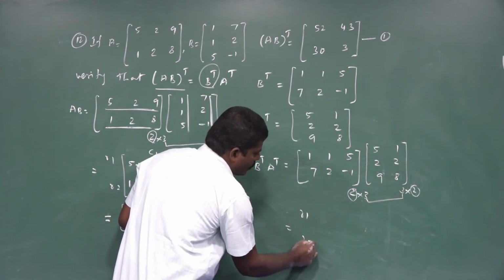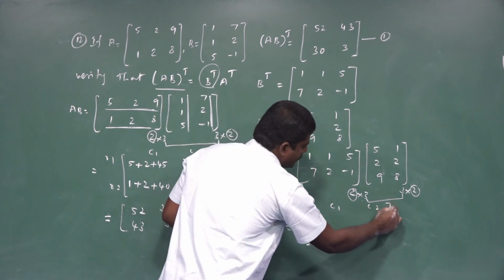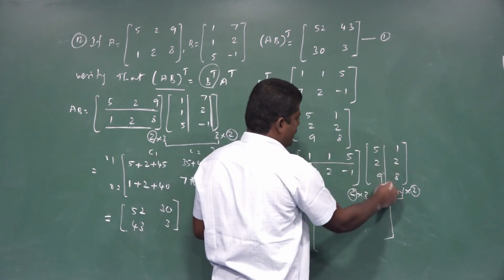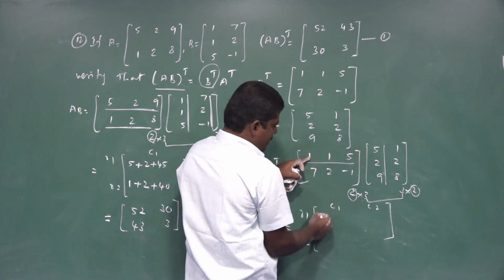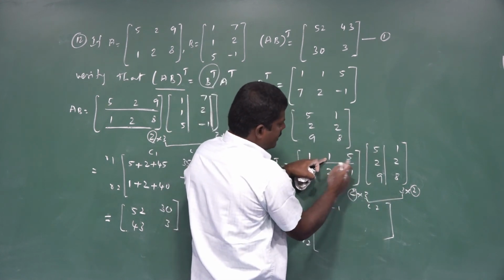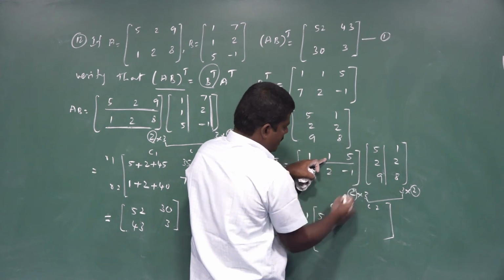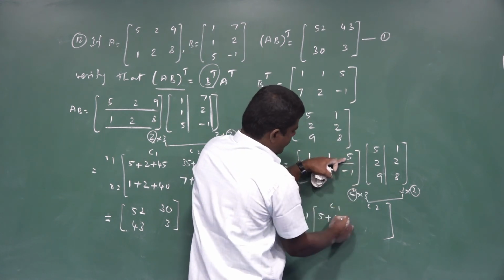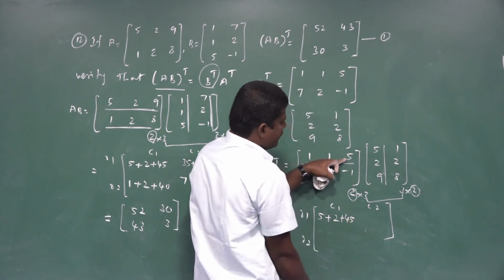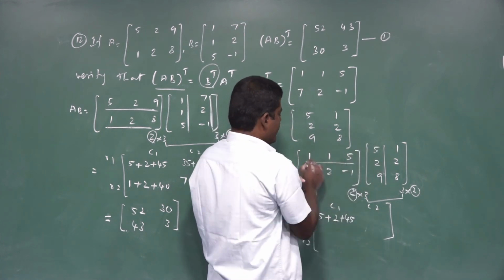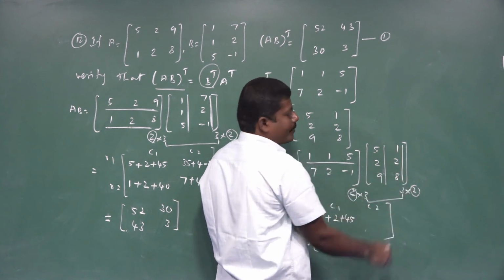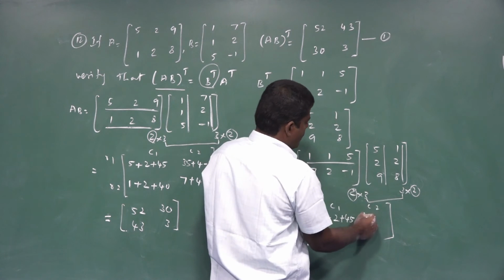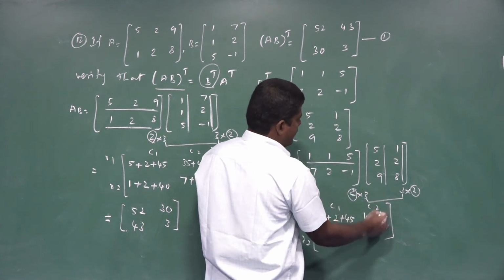Row 1, row 2, column 1, column 2. This is our result order. You take first row and first column. 1 5s are 5. Next second element, here also you take second element, 1 2s are 2, plus 2. Next third element, 5 9s are 45, plus 45. So first column is over. Next you take the same first row, second column. 1 1s are 1, 1 2s are 2, 5 8s are 40.